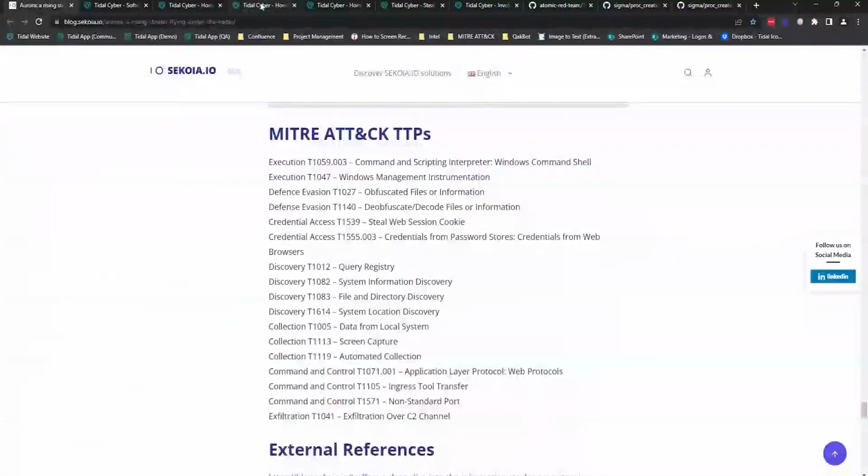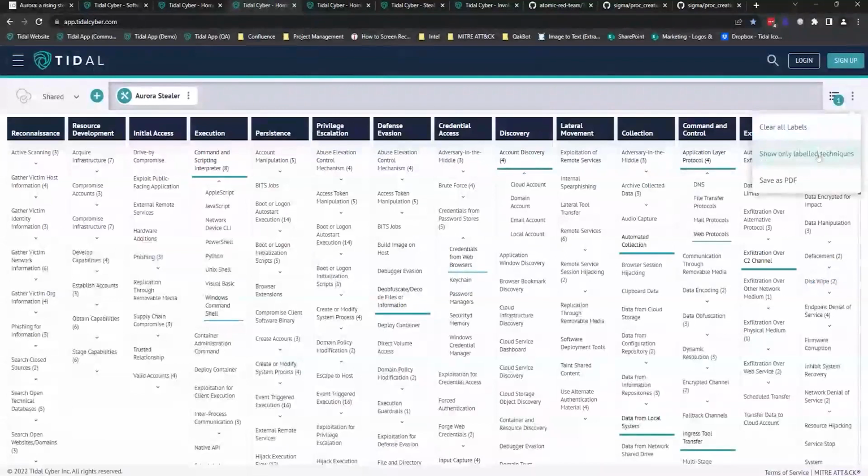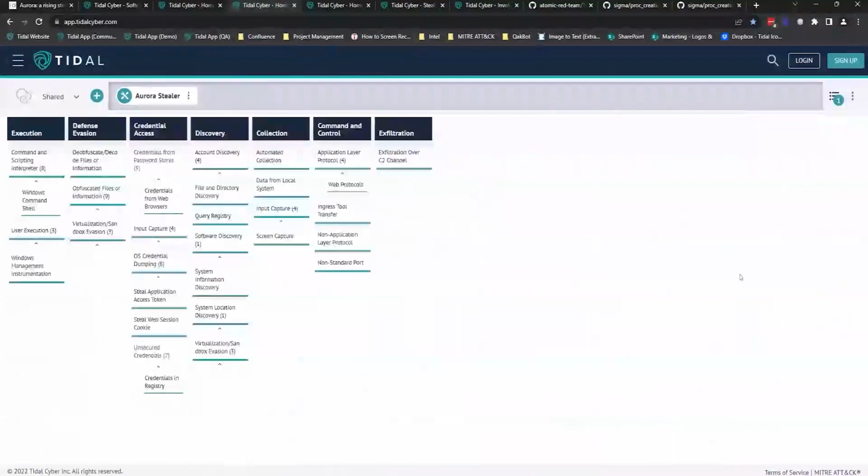As Ian showed, I almost always like to filter down my matrix using the show only labeled techniques. And now we've got this great tightened up visual of the techniques associated with Aurora Stealer from the recent CTI report. One other thing that I'll highlight here, and that we're doing with a lot of the community spotlight